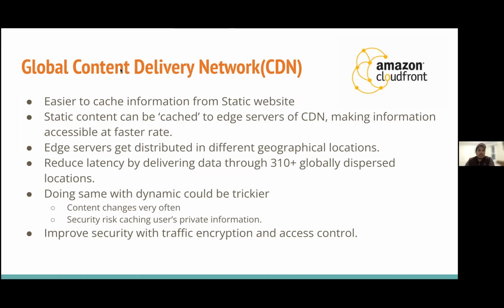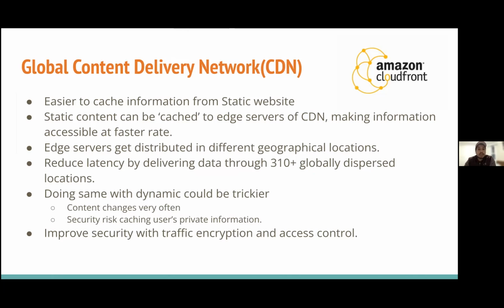So we have this global content delivery network, which makes it easier to cache information, because if it's a static website, it doesn't have to be changed or altered every now and then. So let's say one person from India accessed my website, which was hosted in Canada. Now the global content delivery network, CDN, is going to cache this website in the closest edge location to India, which is actually in India at different parts,